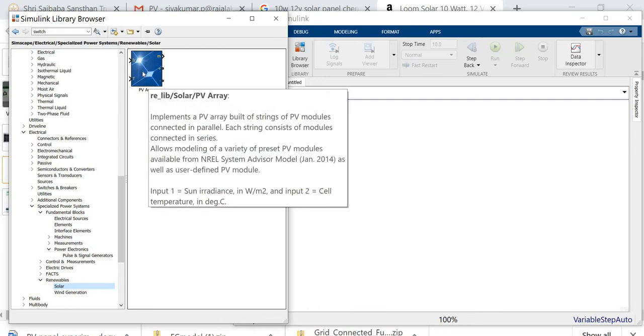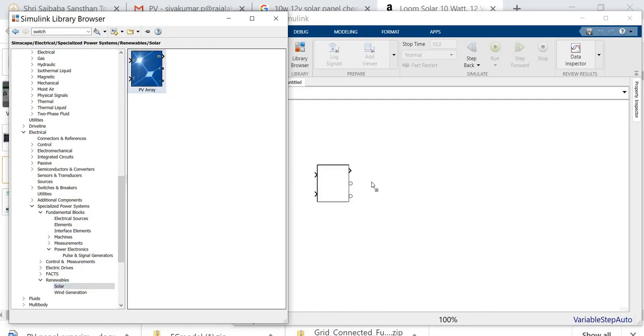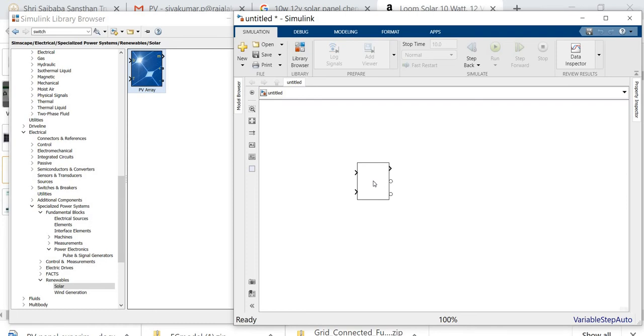Now I am going to drag and drop this PV panel and set the VOC, maximum voltage, short circuit current, and maximum current at peak power.